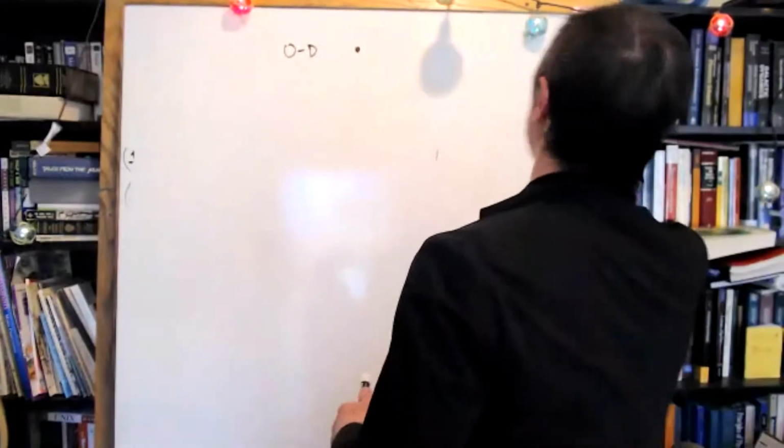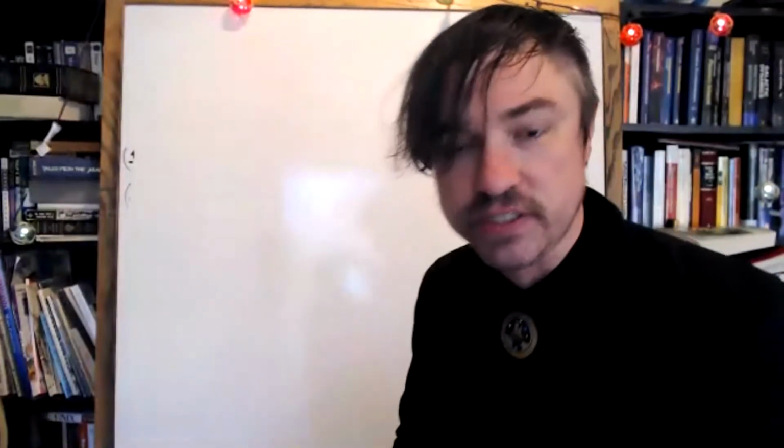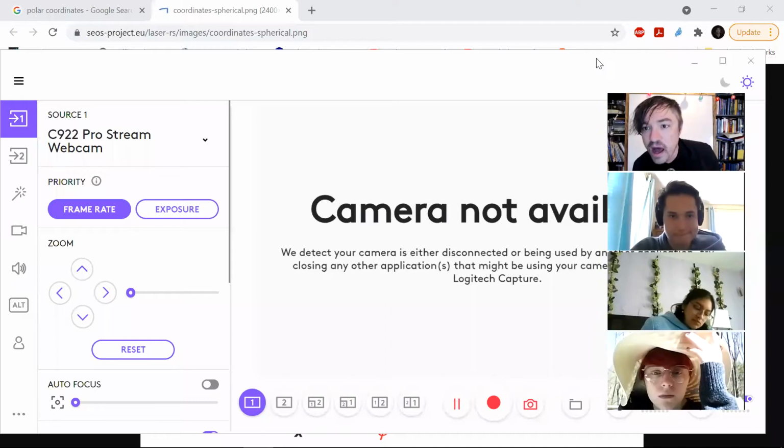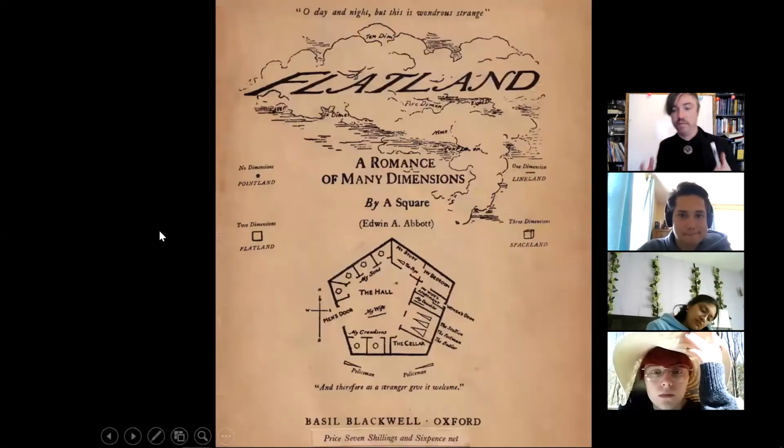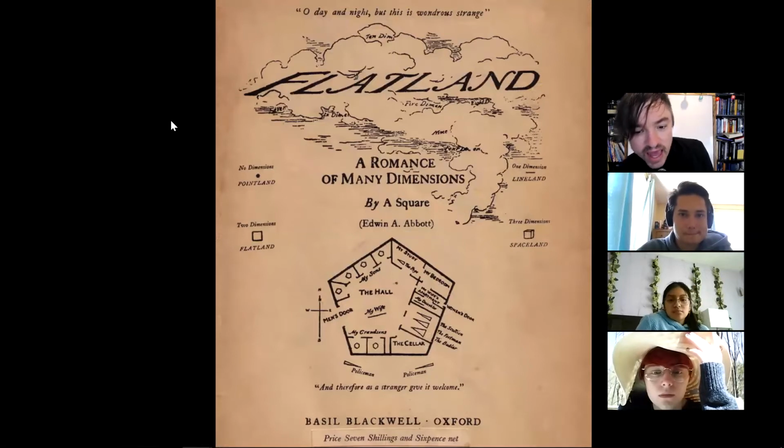I do have this book on my bookshelf, but I wasn't smart enough to look for it beforehand, and I don't want to go rummaging around because time is precious. I have a slide about it. Before we go forward, I want you to think once more about dimensions in a different, funny, historical way. I want to tell you about this legendary book that always comes up whenever people talk about relativity. And it was Flatland. Flatland, right.